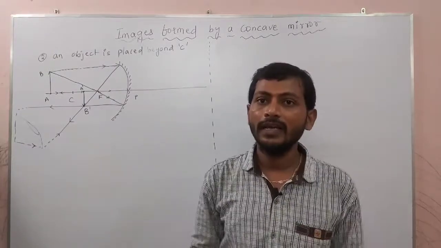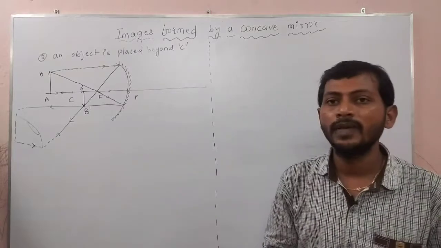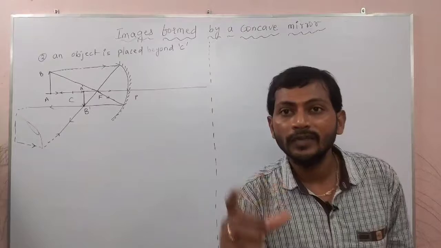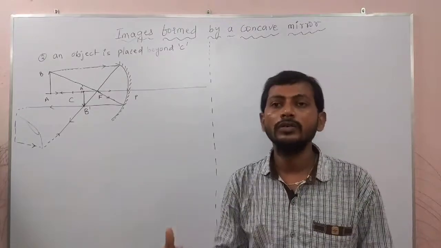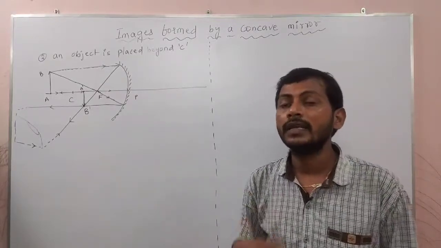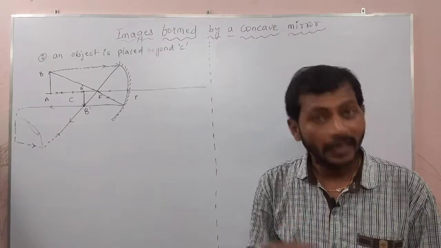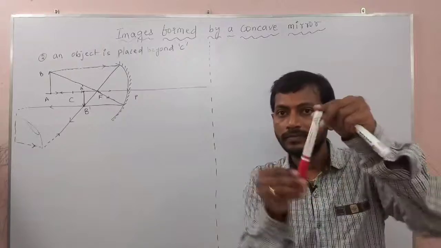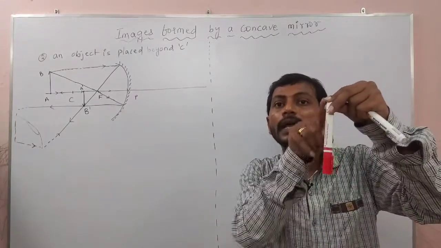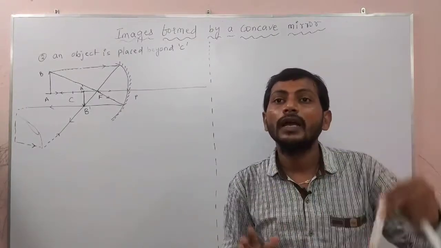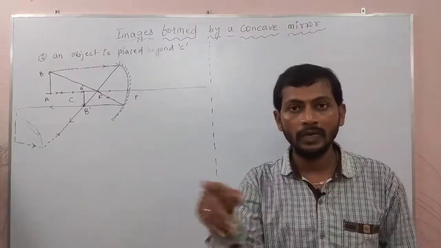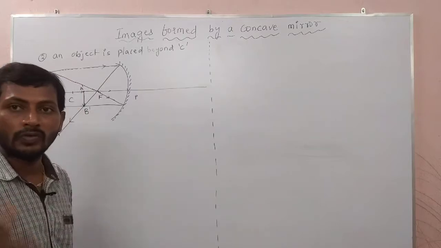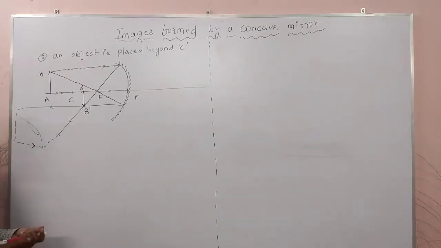One thing is clear. Second, please try to observe and give me the answer. Compare the size of the object and the size of the image. The size of the image is smaller than the object. And is the image real or inverted? It is inverted and real. Inverted means what happened? The head became the tail, and the tail became the head. Real means we can place it on the screen. I already told this in the previous lecture, so if you are confused about real and virtual images, please see the previous video.